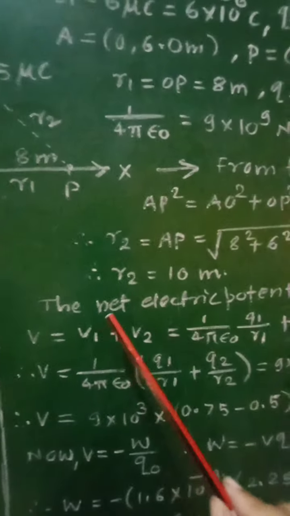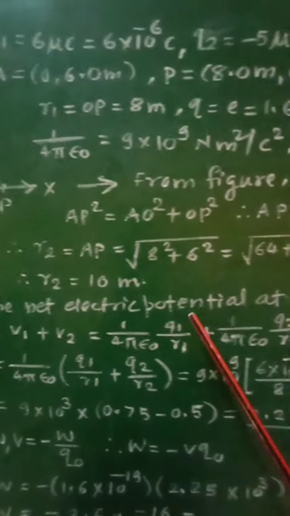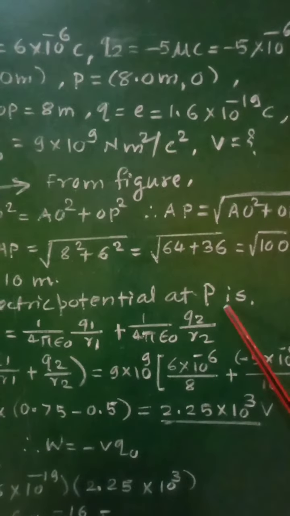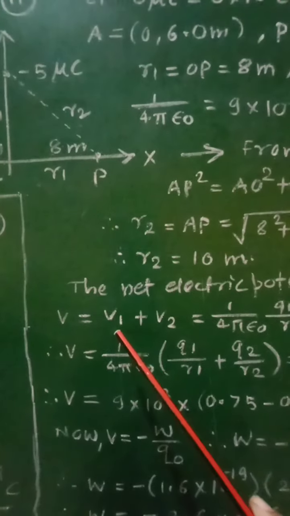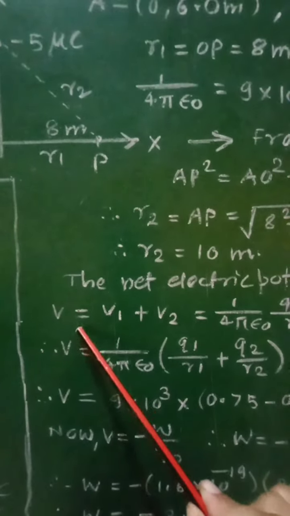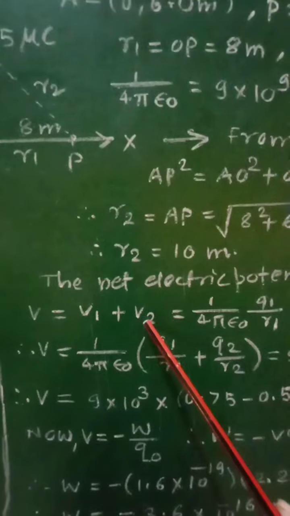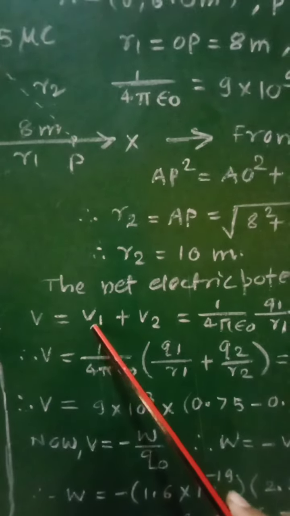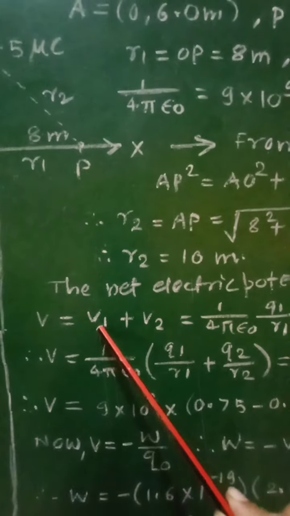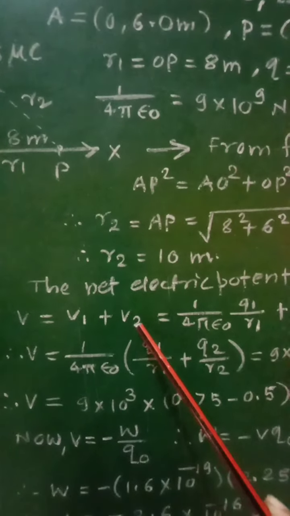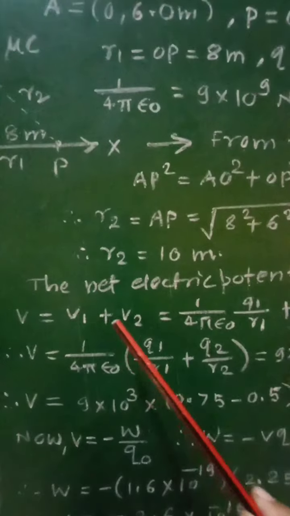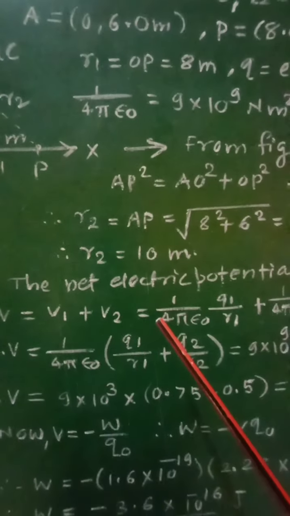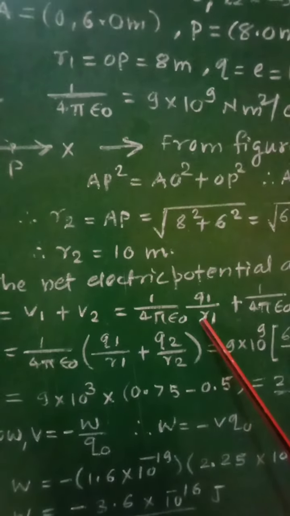Then the net electric potential at point P will be equal to phi is equal to phi1 plus phi2. That is, phi1 is the potential due to charge Q1, phi2 will be the potential due to charge Q2, and we know the relation for potential phi is equal to 1 upon 4 pi epsilon 0 Q by R, and